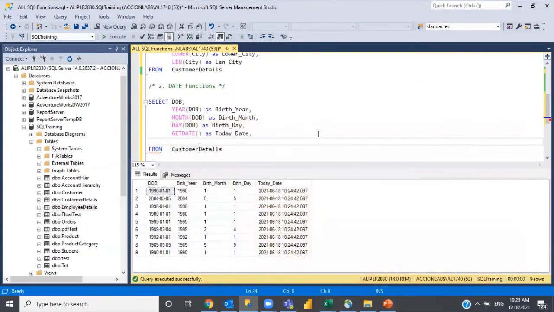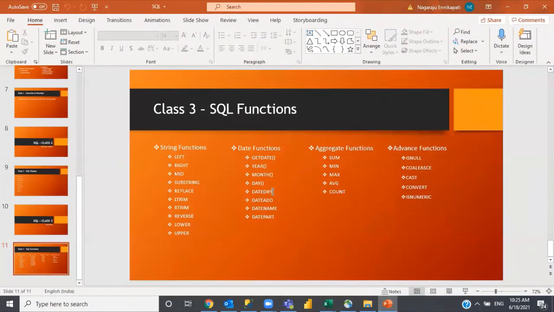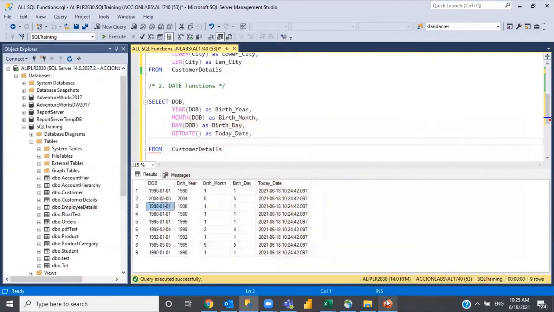If you want to calculate the difference between two dates, then we need to use a function called date difference. How to use this DATEDIFF function? Let's say I want to calculate the difference between the date of birth and the current date. I would like to know how many years are between these two dates.